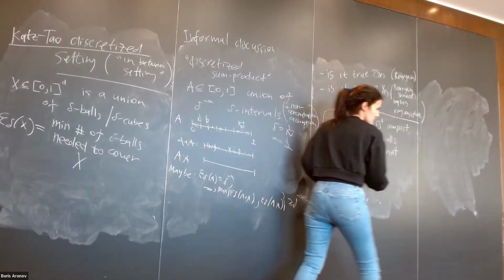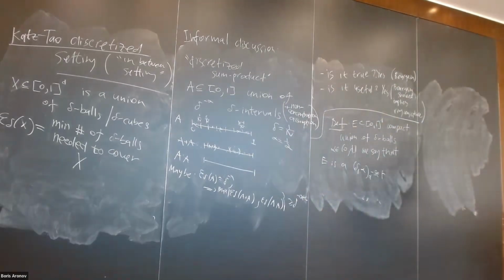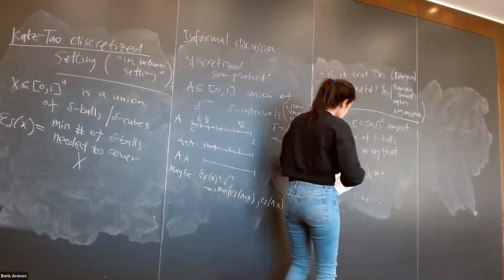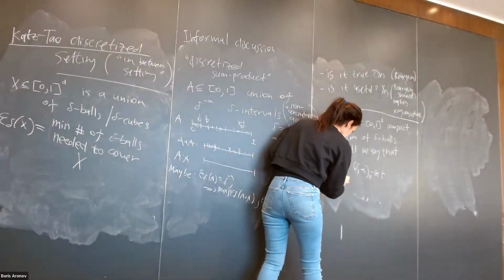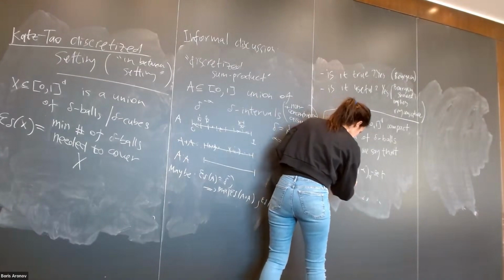This just means that E is the union of delta balls, and the non-concentration condition is that if we intersect our set